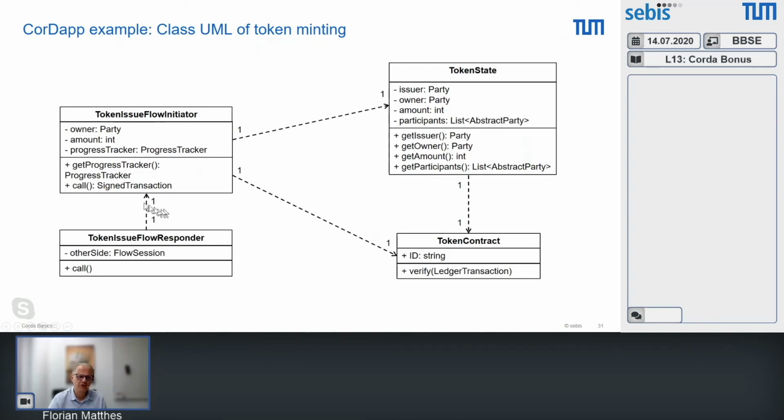Then, this is one side, which is done by the owner, and then the owner wants to inform the other side, in this case the future owner of the token, about the fact that he or she received it or is a member of this flow. Therefore we also have a token issue flow responder, which is the dual, the two-party subflow, which will be initiated. Again, this has a call method, so it's also a flow, and all flows have a call method. Okay,